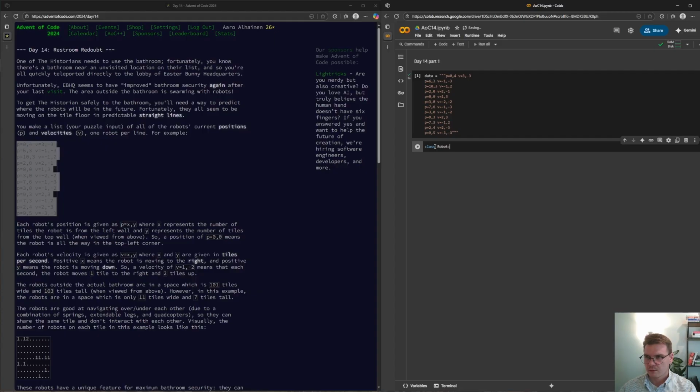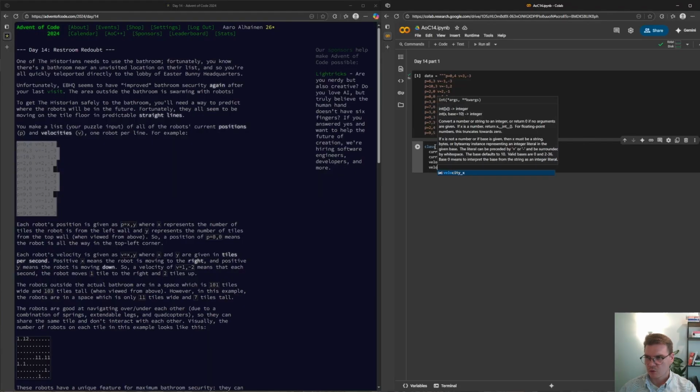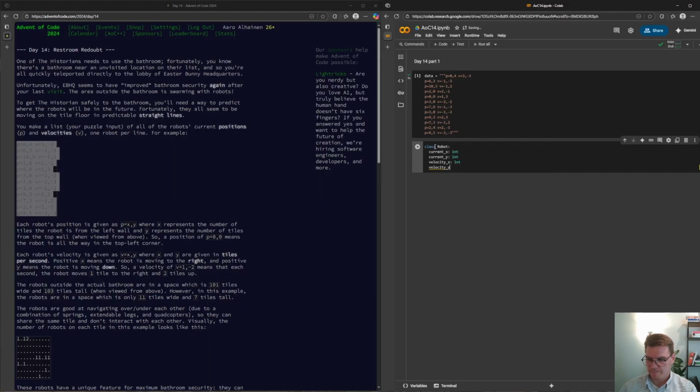create a Robot. Current position, or maybe current x and current y, and then the velocity x and velocity y.